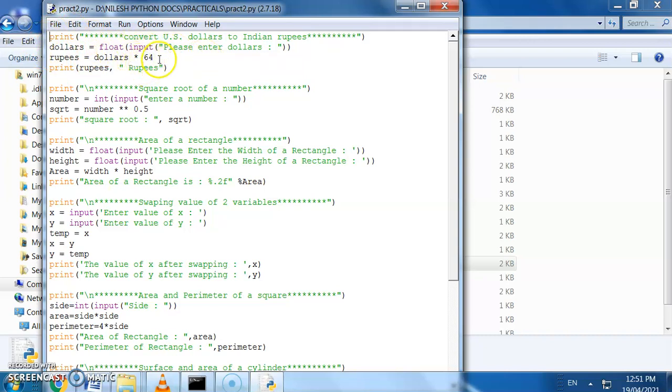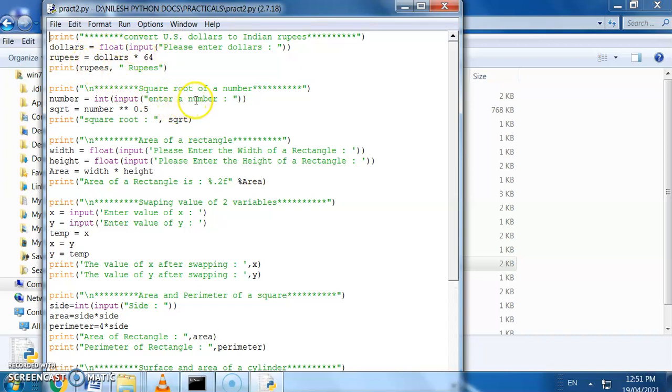Then I am going to multiply it. I have considered that the dollar value is 64. I multiply it, and it is directly converted into rupees, and I directly show the amount of dollars in rupees. So this is the first program.